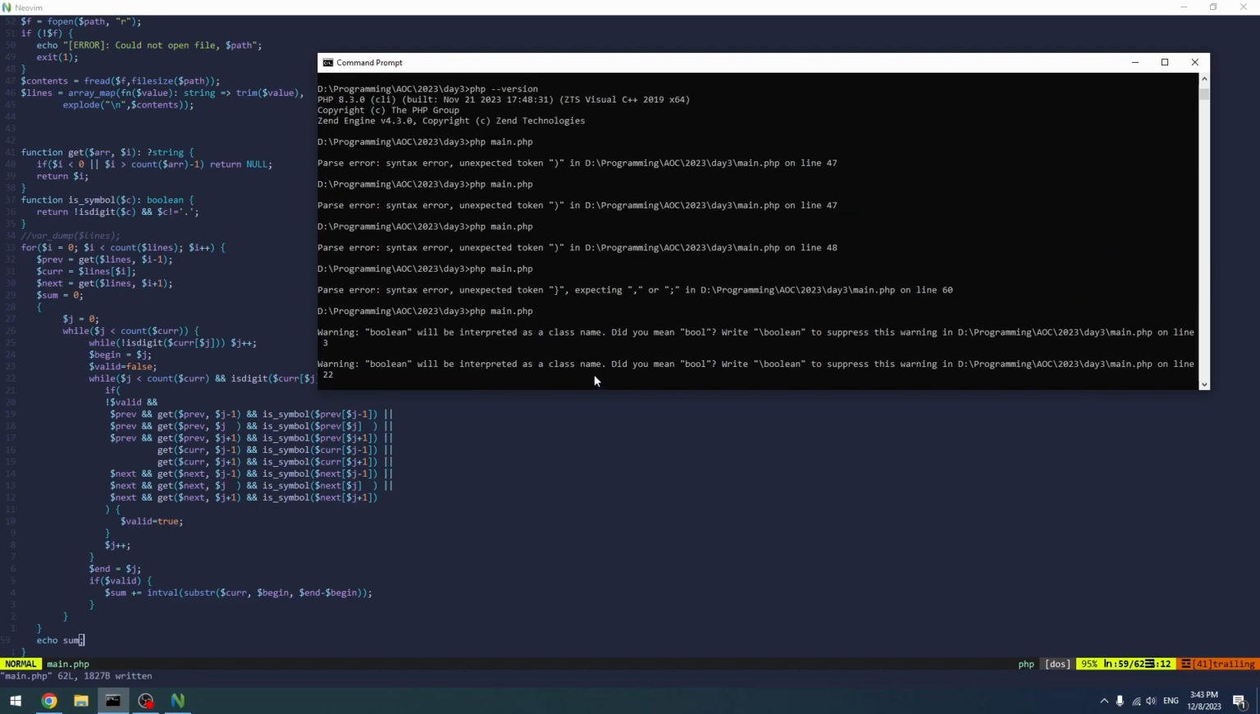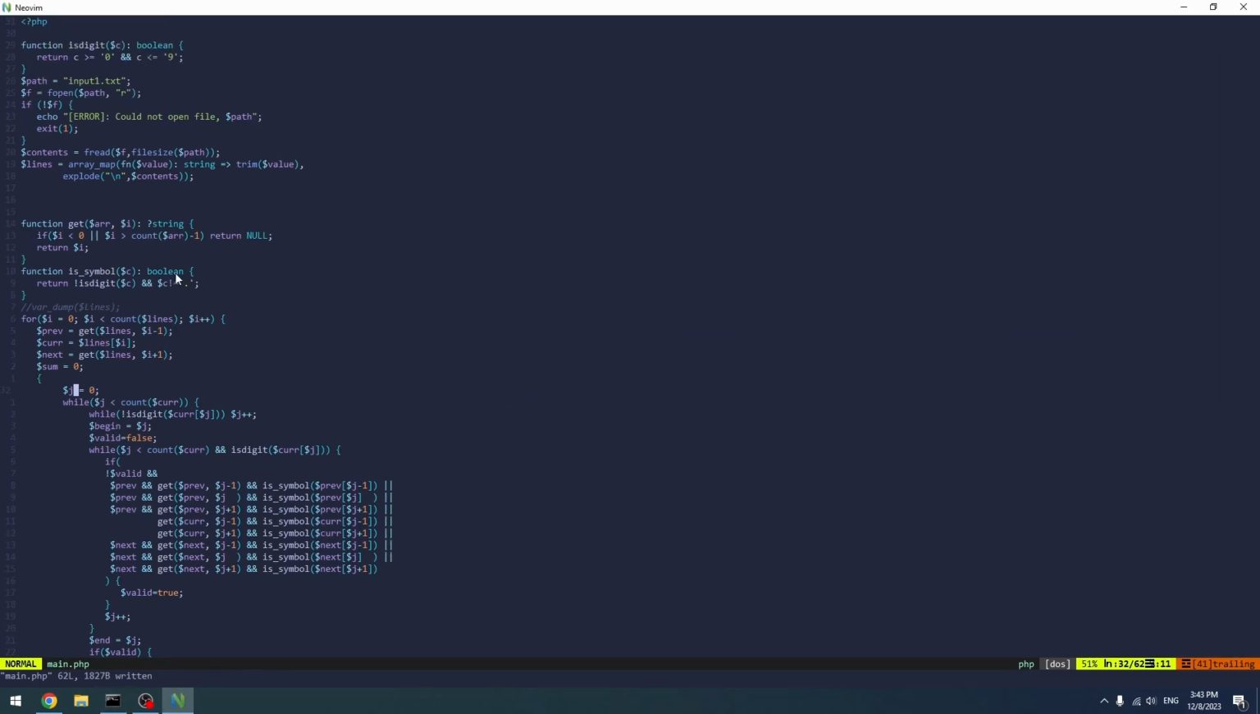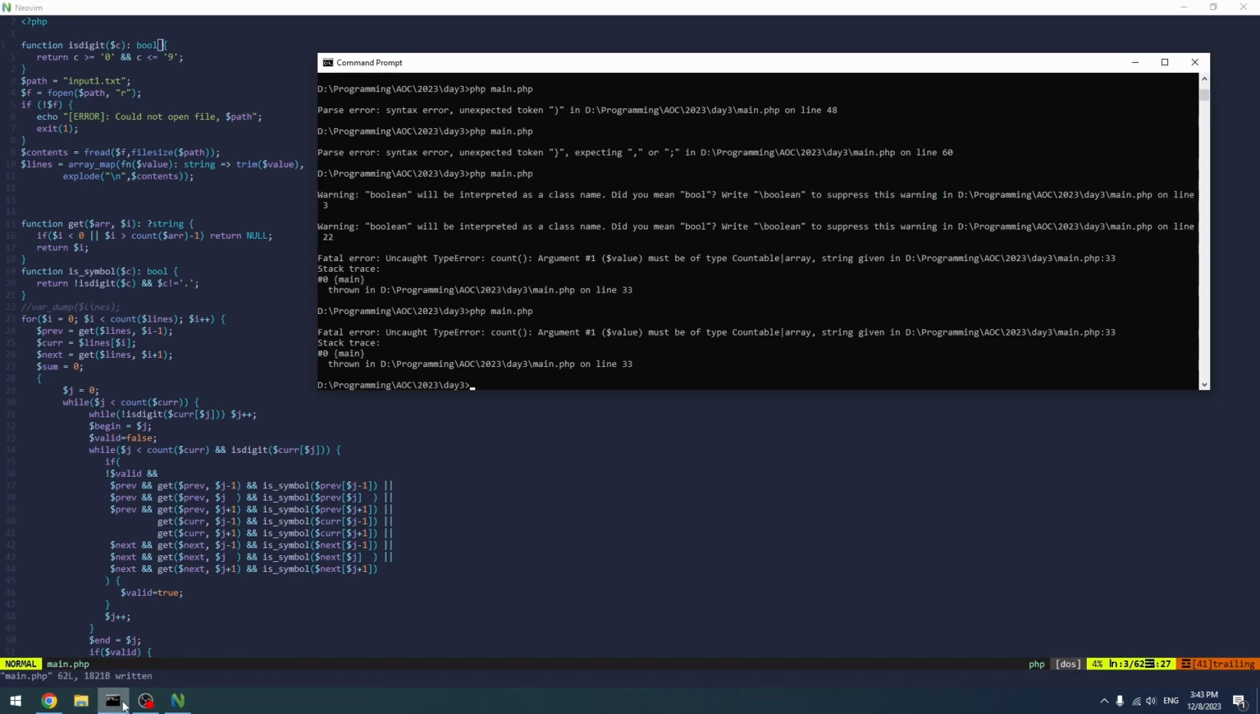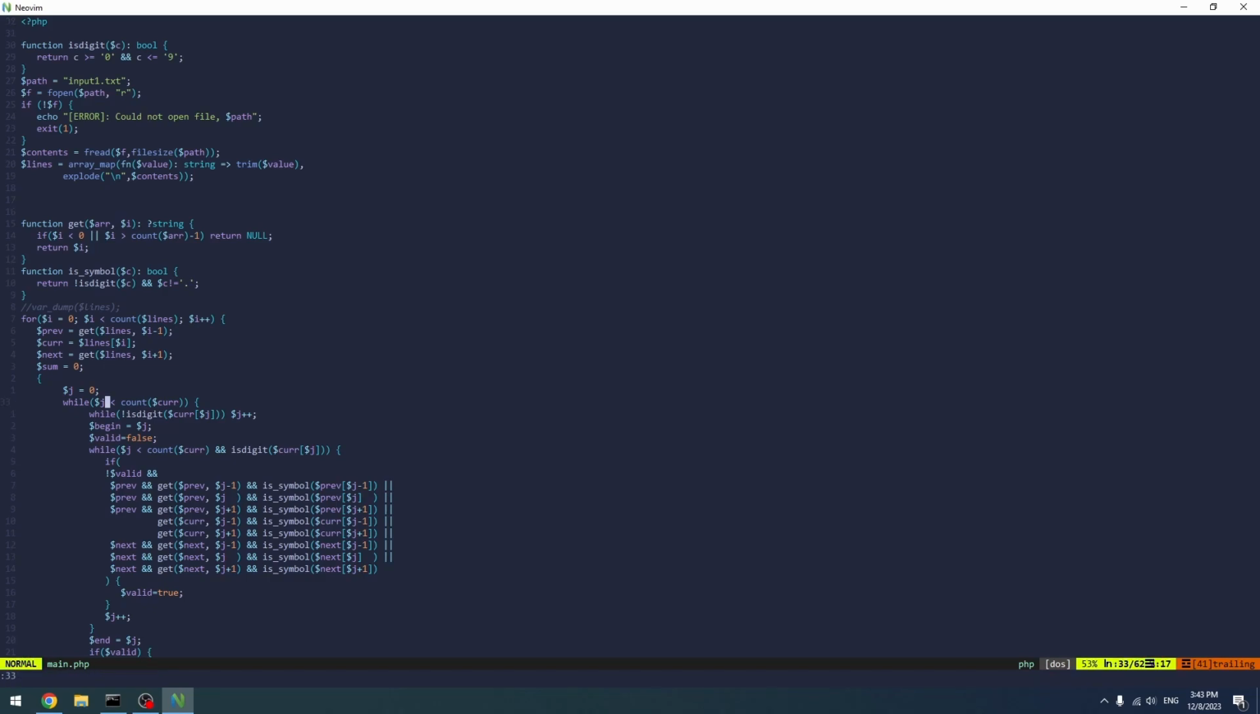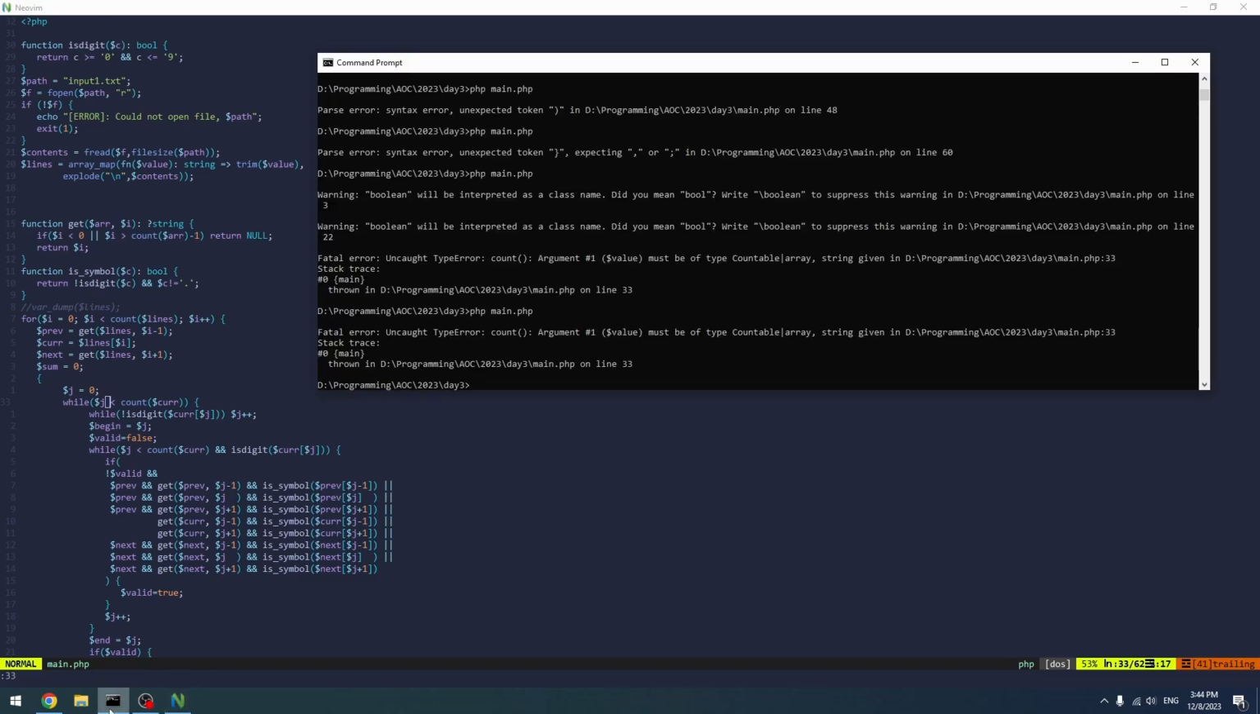Count argument value. Boolean will be interpreted. Did you mean bool? Yeah, I did actually mean boolean. Bool. Argument value must be a countable array, string given at line 33. Line 33. So, while j is less than count of current. Argument 1 value must be of type countable array, string given in